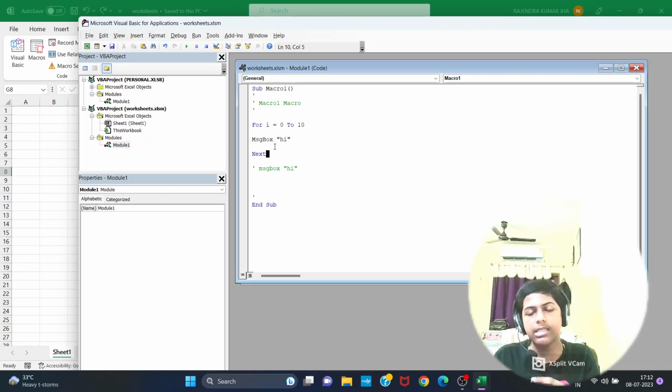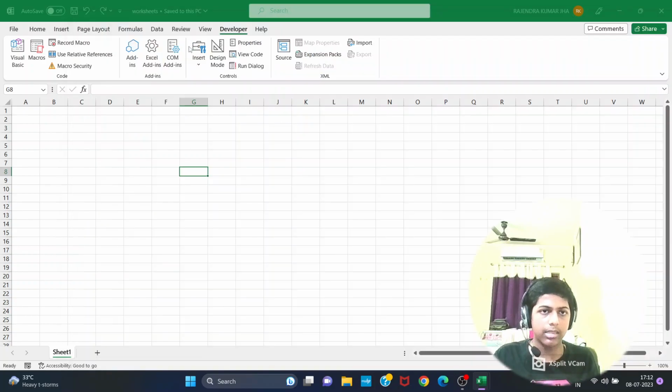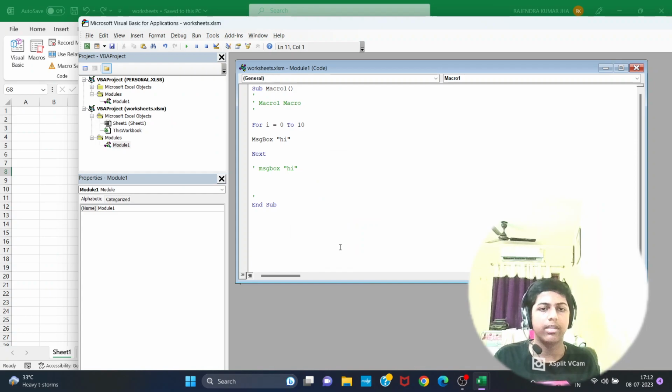Let us run this and see whether it gives this message box "hi" 10 times or not. So let us run this. First, second, third, fourth, fifth, sixth, seventh, eighth, ninth, 10th, 11th. Why 11th? Because the counting has started from 0, right? If you start from 1 to 10, it's going to take 10. But if you start from 0 to 10, it's going to take 11 times. So this is the actual reason why we get the same message box